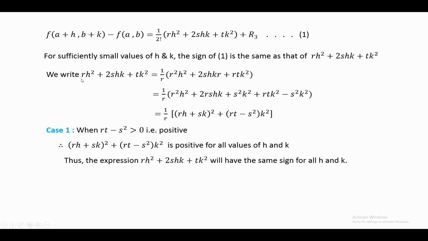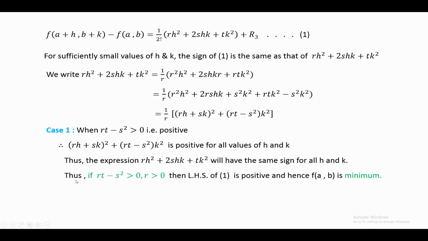Thus the expression rh square plus 2shk plus tk square will have the same sign for all h and k. Thus if rt minus s square is greater than 0, this total expression is positive, and r is also positive,